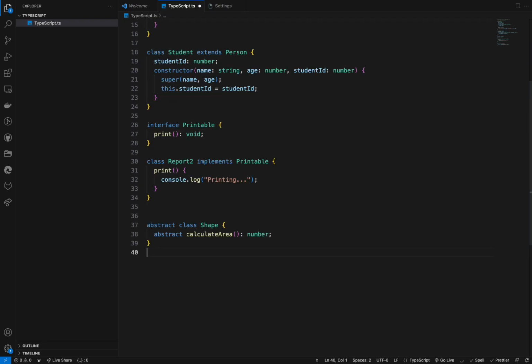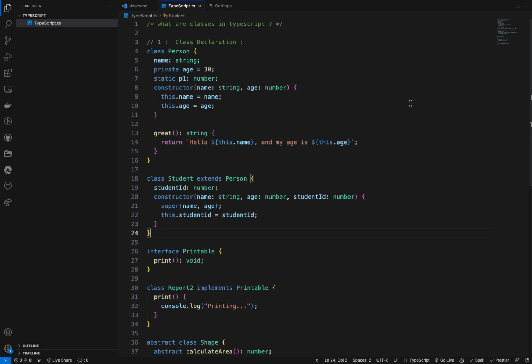TypeScript allows you to create abstract classes, which are meant to be subclassed and cannot be instantiated directly. Let's delete this static. For example, let's talk about the abstract class right now. So that's it for classes, and in the next video we'll talk about the differences between classes